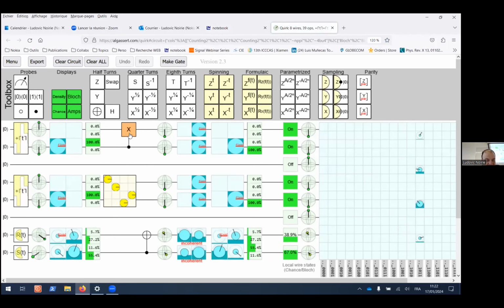This is for the CNOT. The CNOT prime is just to reverse the order of the roles of the qubits. So instead of having this matrix, it's a matrix like this. For the quantum circuit, it's really simple. Before, we have the control-NOT is this one. The control-NOT prime, you just reverse the order. The control is the first qubit, the qubit on the upper line, and the NOT is the qubit on the lower line. It's really easy to do.